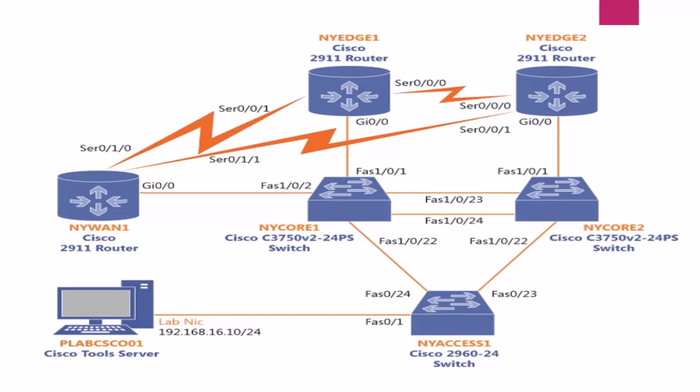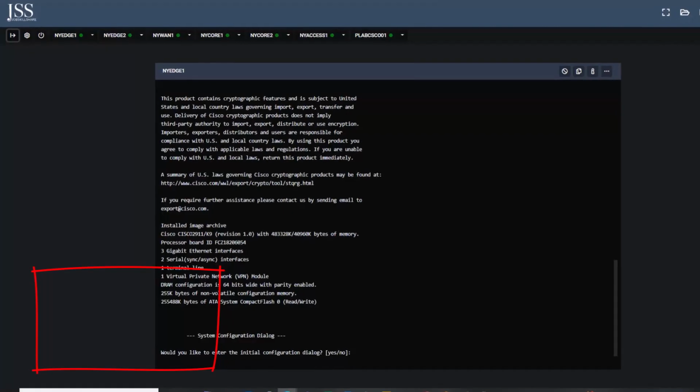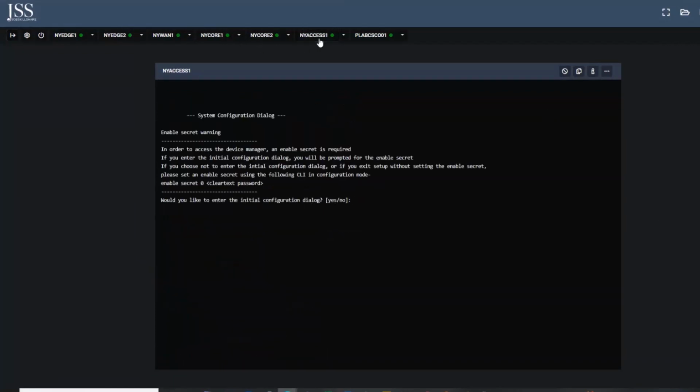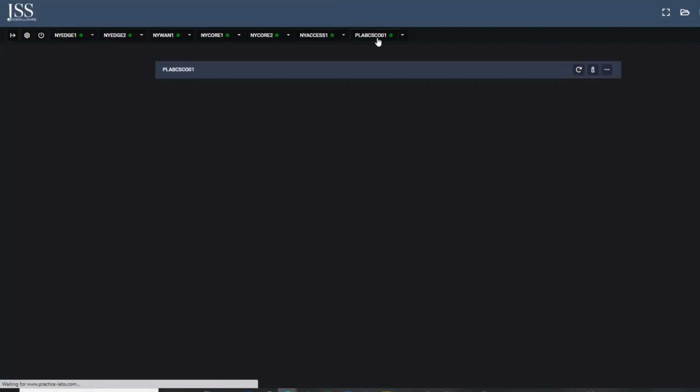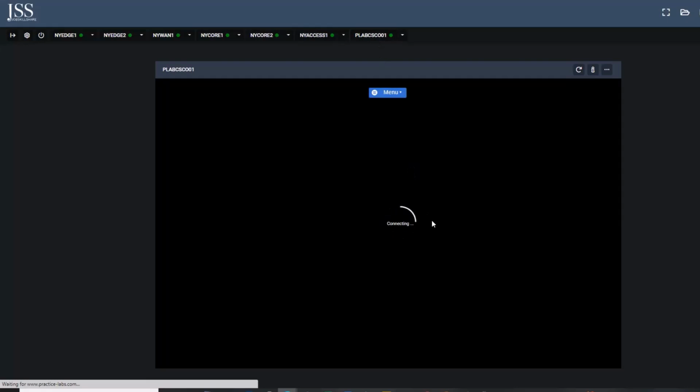So we will be using secure shell to access this switch from the Cisco tool server, and I'm going to take you to the practice lab, from where we can begin our topology changes or the required configuration. So you can see all the devices are powered on, and I'm particularly talking about the NY Access 1 switch and the Cisco tool server, that is a Windows server. You can see it is connecting,